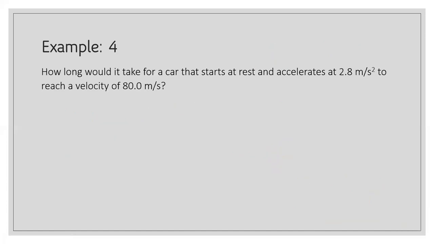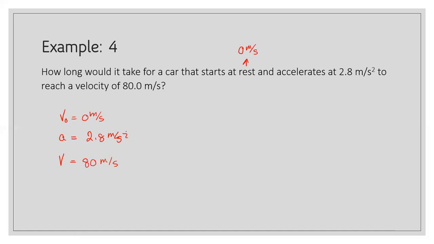And then we have another one. How long would it take for a car that starts at rest and accelerates at 2.8 meters per second to reach a velocity of 80 meters per second? So again, starts at rest. Rest, anytime you see that, is 0 meters per second. So listing our terms, v naught is 0 meters per second. It's increasing in speed, so acceleration is positive, so 2.8 meters per second. Sometimes you'll have to use logic to find out if that acceleration should have a positive sign or a negative sign. And then final velocity is equal to 80,